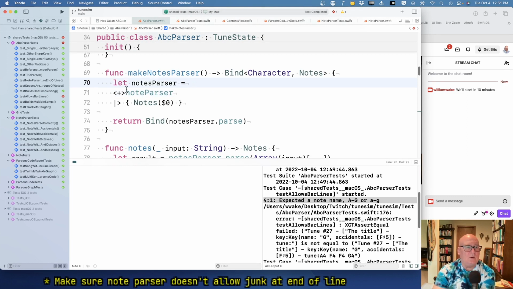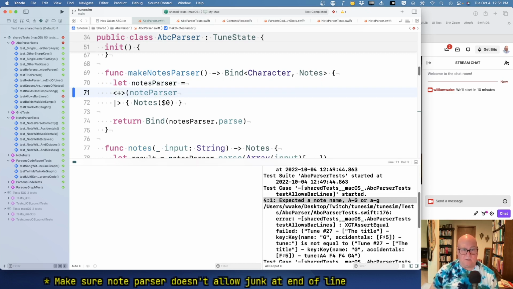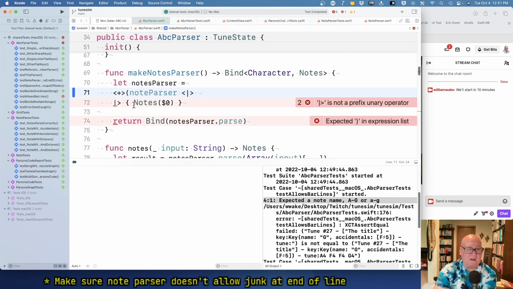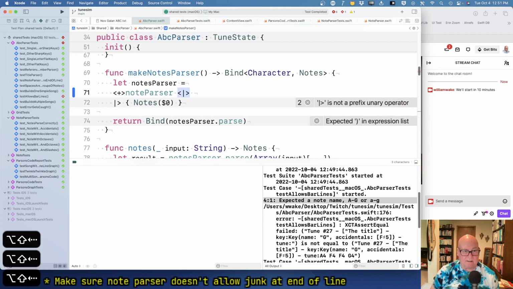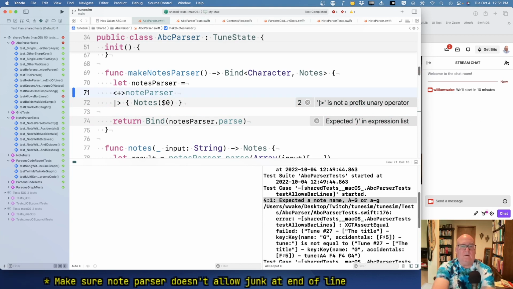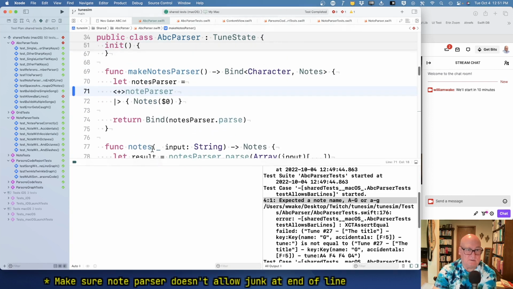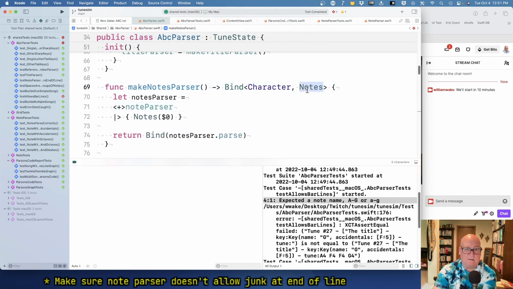It's really one or more note parser or bar lines. Except the bar lines can get ignored. So I don't know the right way to indicate that. Okay, so note parser produces notes, right? Yeah, so that produces notes. We still want notes, but